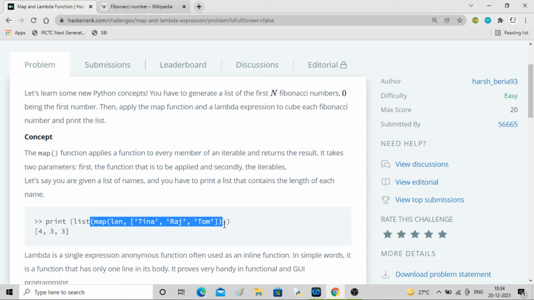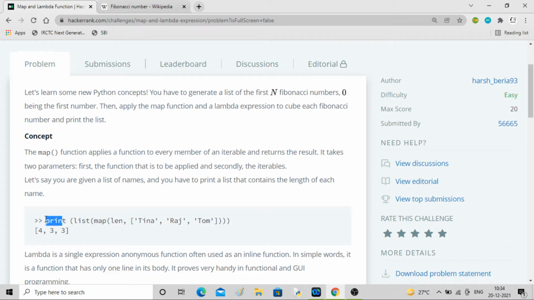So the length of these is 4, 3 and 3. That's what len is counting, the number of letters. So 4 3 3, and then you have applied list, so it is converted into list form and printed like this. Okay, so that's how it is working.